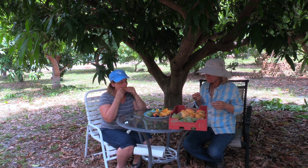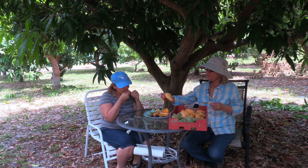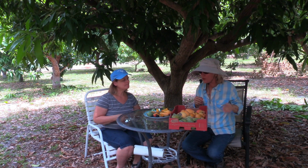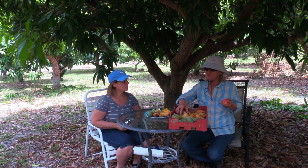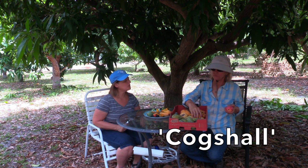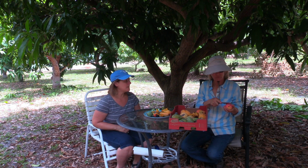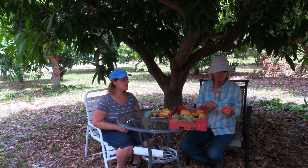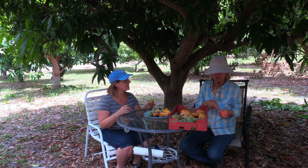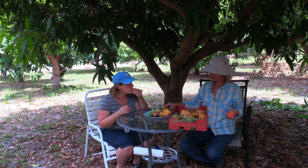This is delicious. Yeah, even though the fruit is fairly small, full flavor. Okay, Cogshall next. Cogshall is one that's sort of unexpectedly popular. Unexpected because it's not one of the strongest, most amazing flavors, but it does have a following. Well, it's a good solid mango. There's no fiber, and it's